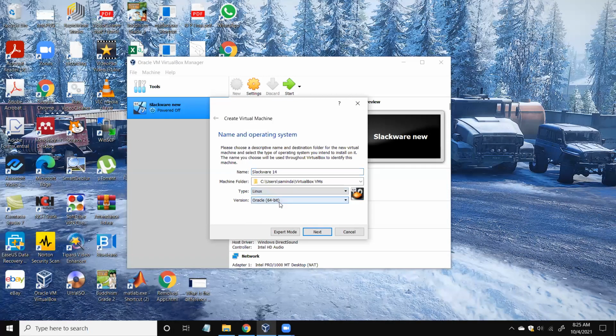So you can select a version, right? So if Slackware is not available, you can go for Linux 2.6,